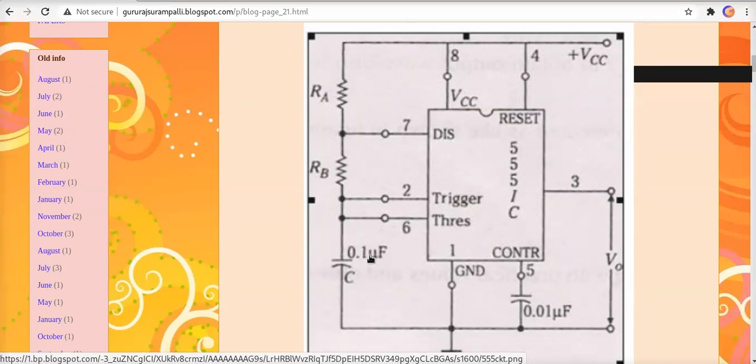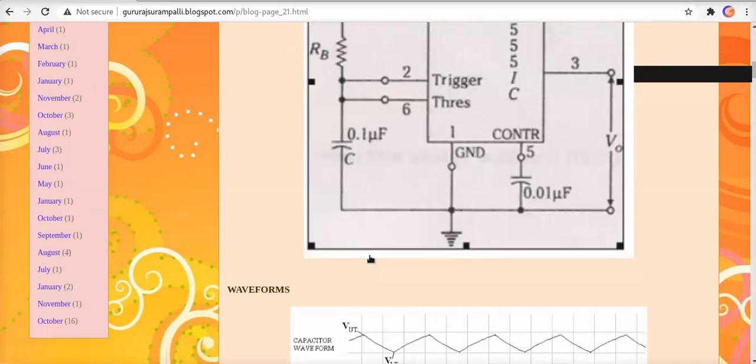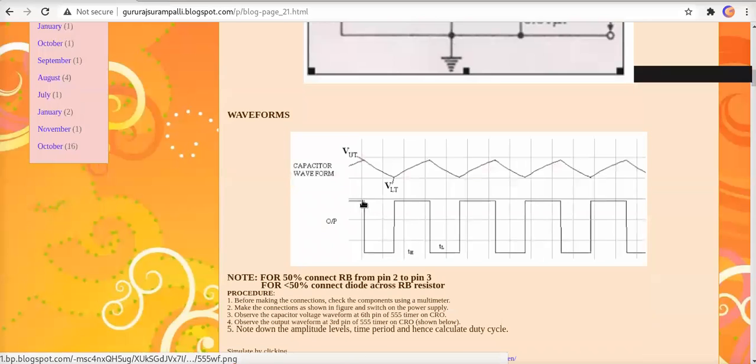So it is also called a free running multivibrator. What will the free running do? It will make the circuit on or off, on or off, on or off. On what basis? Based on the capacitor charging. It will charge till the upper trip point of the capacitor, and it will go down to the lower trip point. Again it will go back to the upper trip point, lower trip point. You can imagine it like charging and discharging of the capacitor.